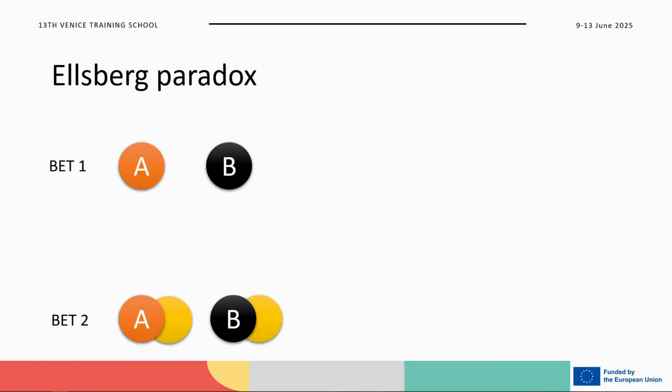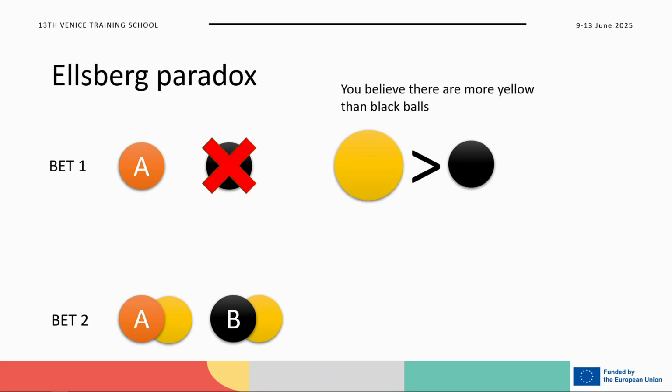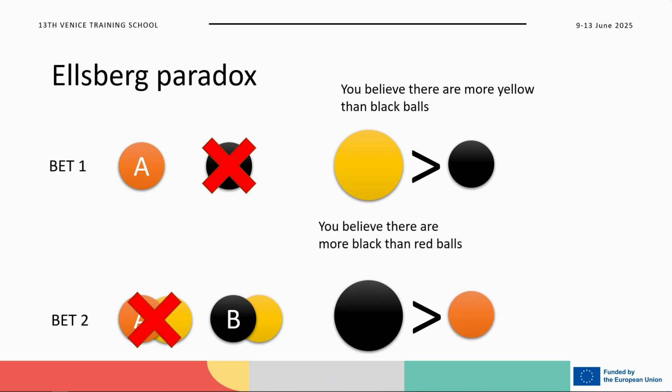In the first bet, we went for A. It means we believed in that moment, because we didn't go for black, that there are inherently more yellow balls than black balls. Otherwise, you would have bet on the black balls. But in the second case, we bet on black and yellow, but because yellow is the same amount, then we